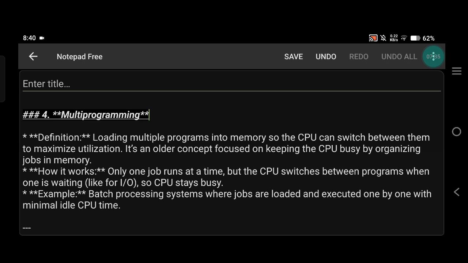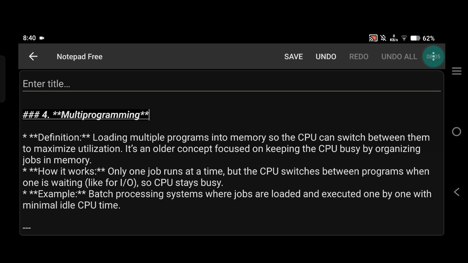When one program is waiting for input and output operations, the CPU switches to another program instead of sitting idle. The primary goal here is to maximize CPU utilization by keeping it busy as much as possible.